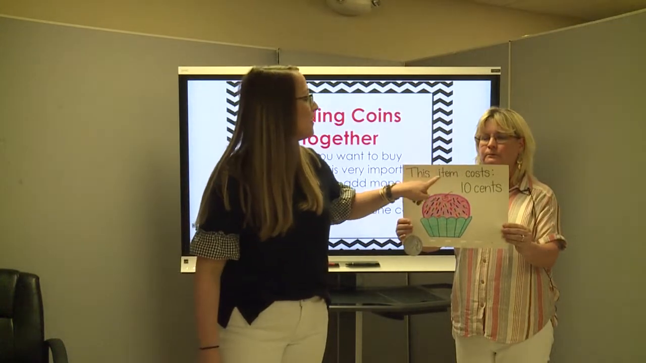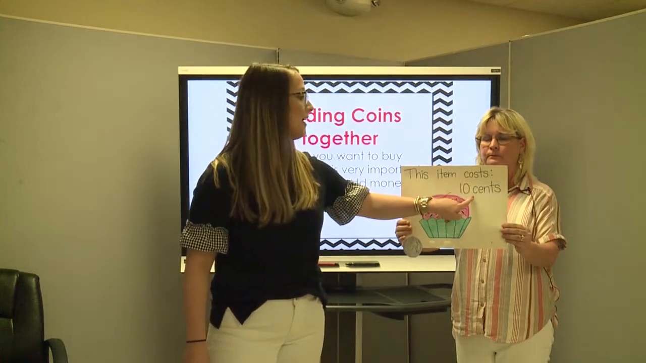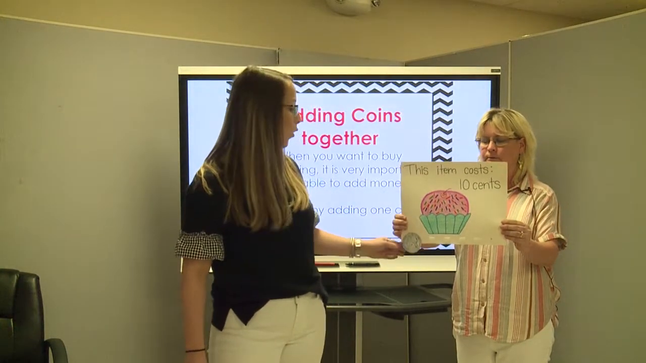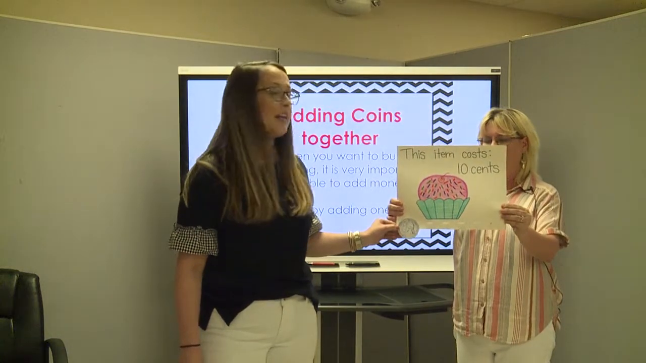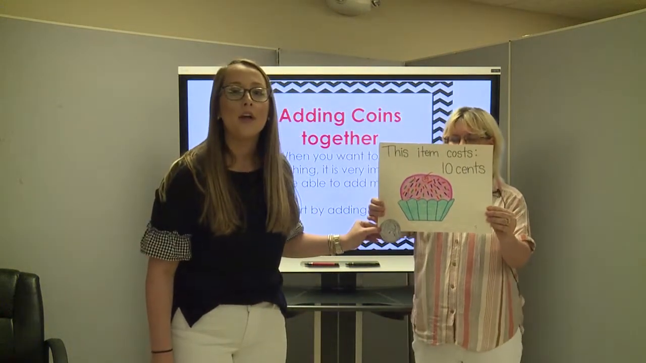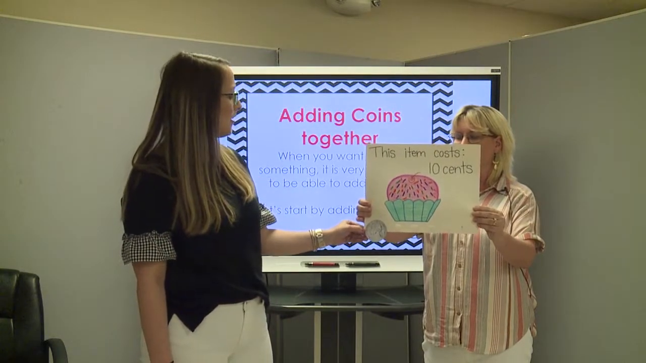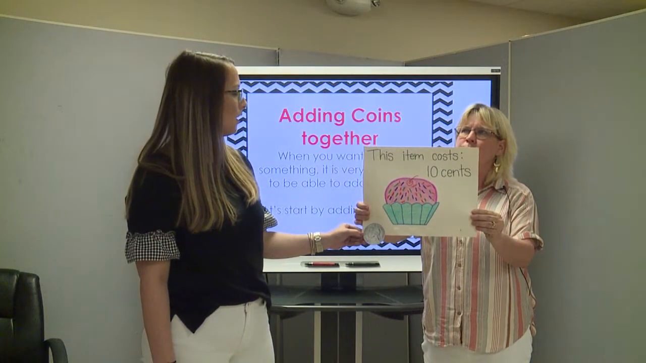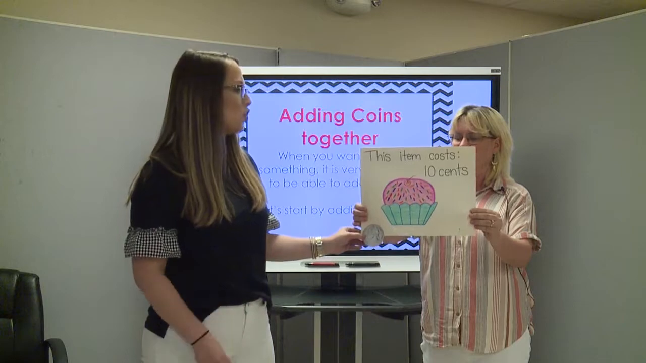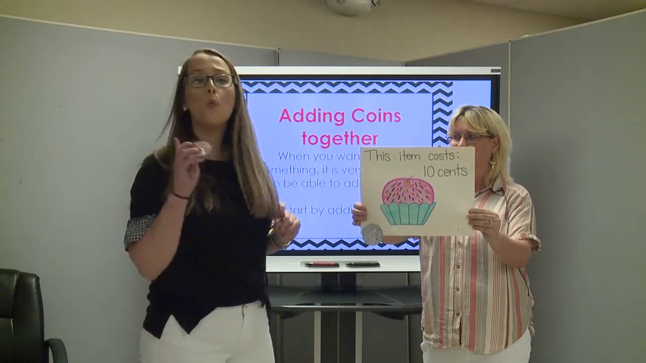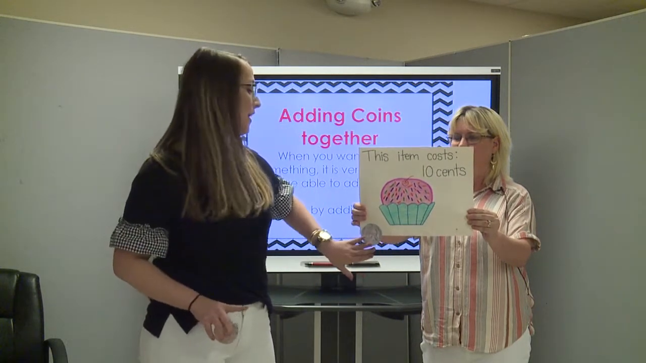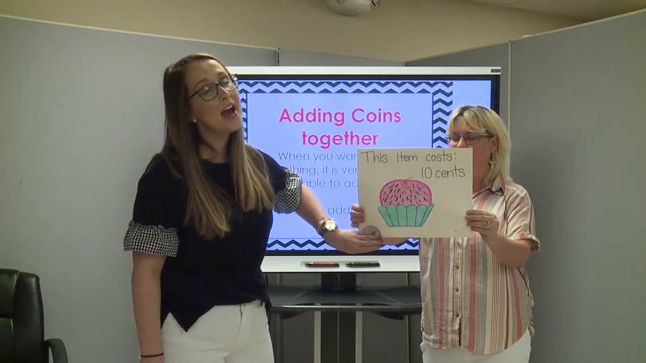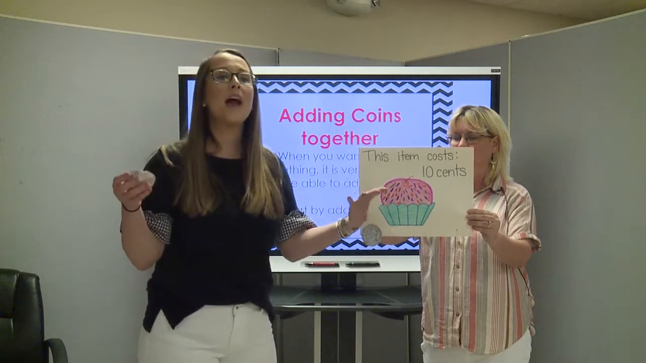So let's pretend like you want to buy a cupcake. Now, it says this cupcake, this item, costs 10 cents. Well, we see a coin that's already on it. This coin is a nickel. Now, Miss Bloomer, how much was a nickel worth again? A nickel was 5 cents. So now we're adding 1 cent to the value of any coin. So I know my coin that I have is worth 5 cents. And if I'm adding 1 cent,